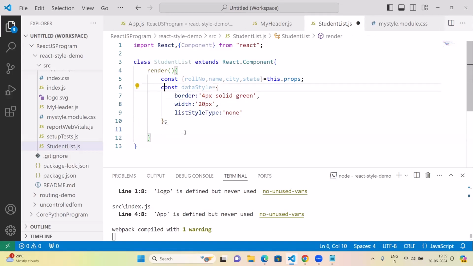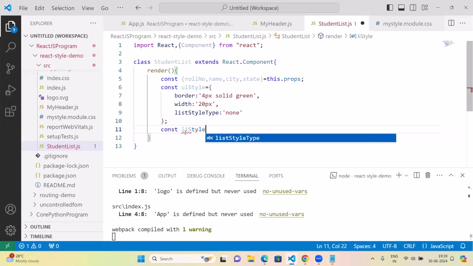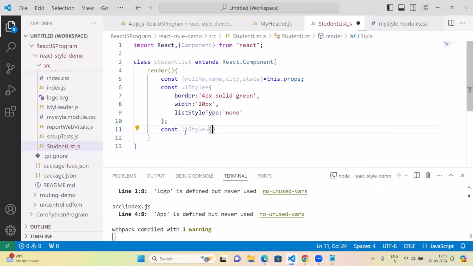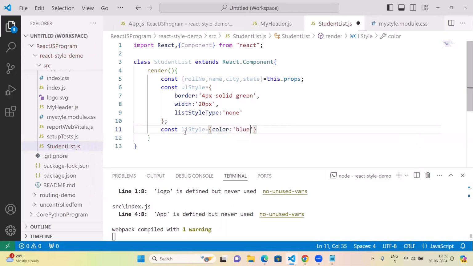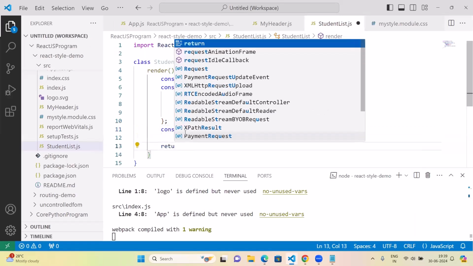here I just have to give a better name, like ulStyle, and then I'm going to create the object here: const ulStyle equals to curly bracket color, color is blue. Okay, then comma, font size, we are giving it here 20 pixel. Okay, then we need to write the return